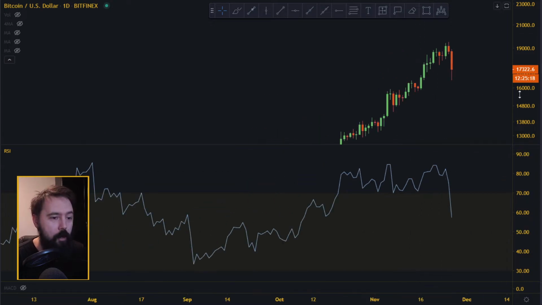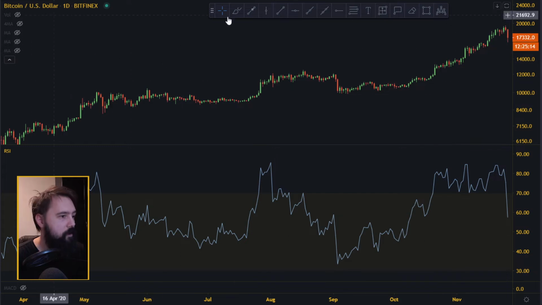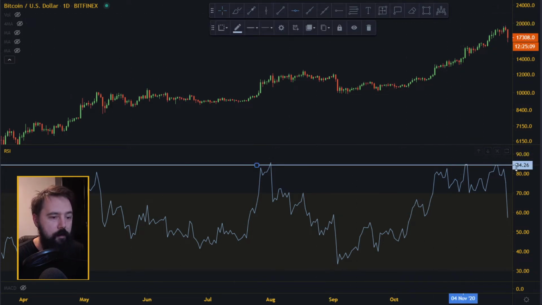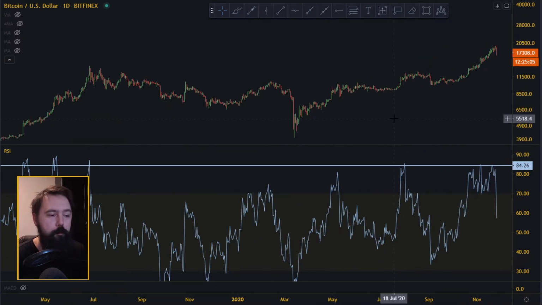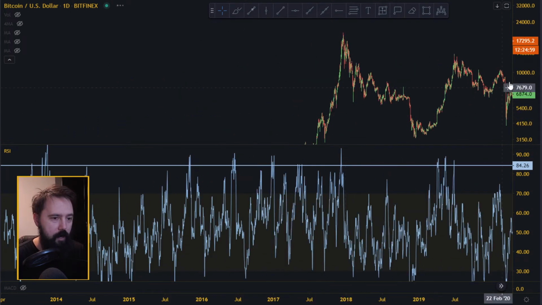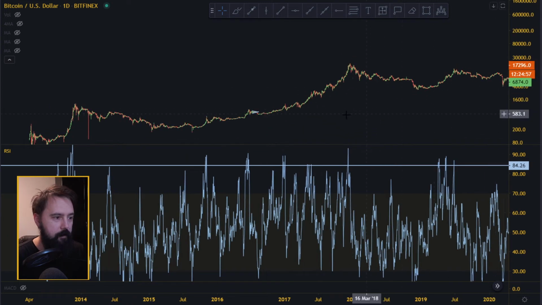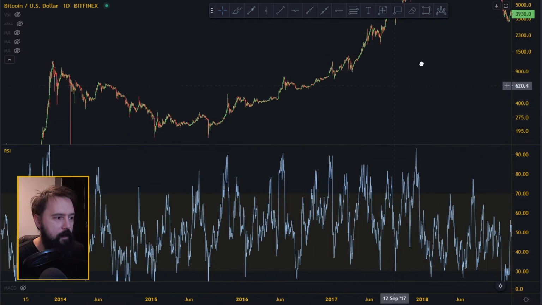And I'm going to show you how the RSI works, and how it works on the history of Bitcoin. So we're going to set this line on 84, something like that, and I'm going to show you how parabolic moves push the price above, you see here these stops over here that are above 84, 85. I'm going to show you how the price is actually moved.